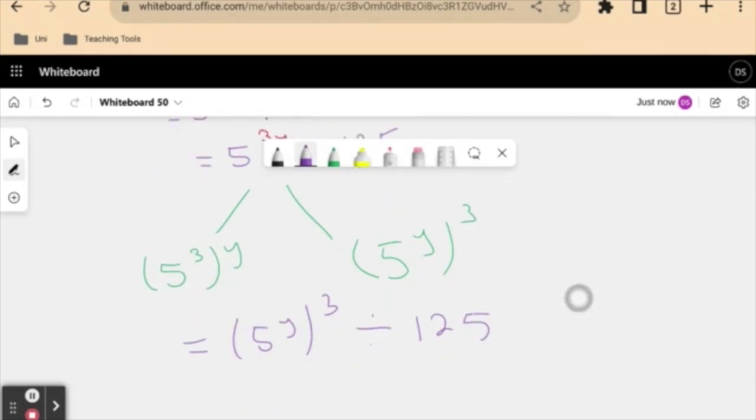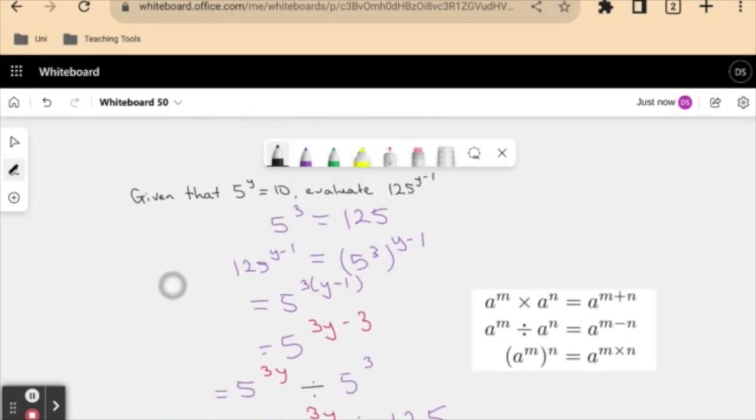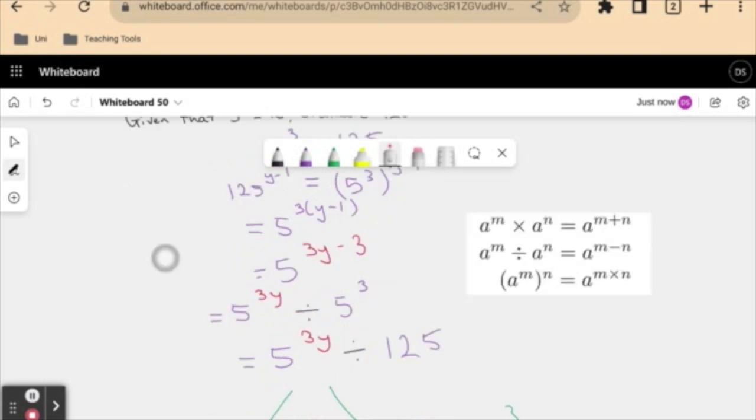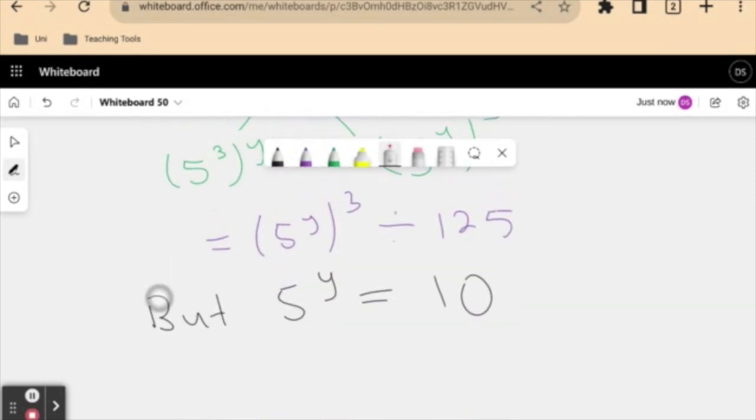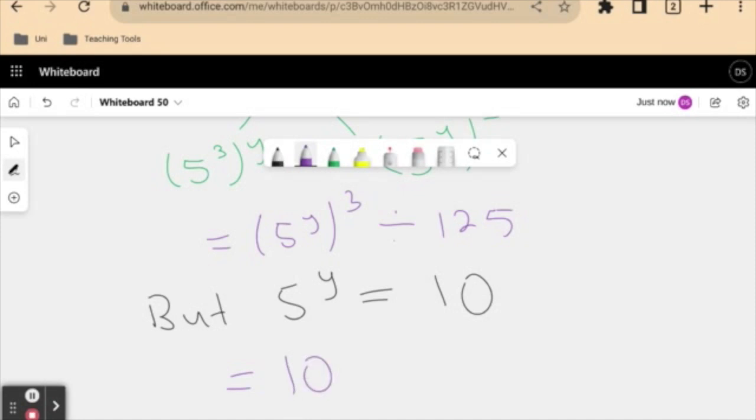But we're given in the question that 5 to the power of y equals 10. We're just given that in our question. We're told, given that 5 to the power of y equals 10, evaluate this thing. Well, we've simplified this thing. Now we just have to link back to this relationship that we've done. So inside these brackets, I can sub in my 10 because 5 to the power of y equals 10. We've been told that. So we can say this is like saying 10 cubed